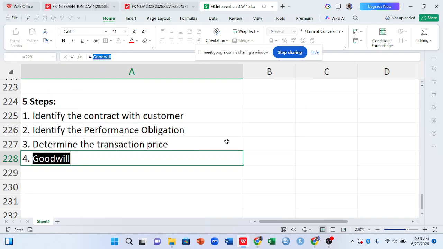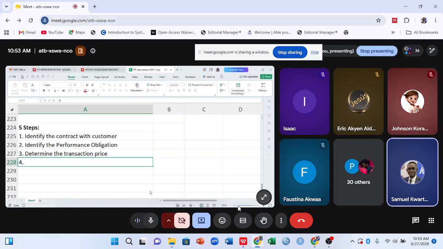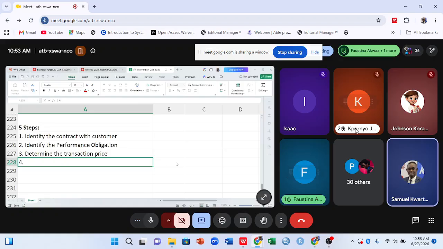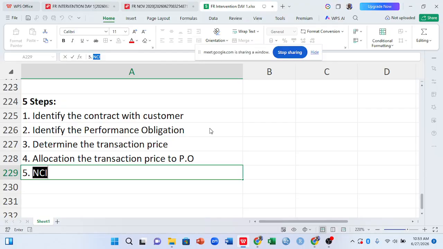The fourth one. Yeah, Cosina again. Allocate the transaction price to the performance obligation. So maybe it's PO to the performance obligation. And the last step,